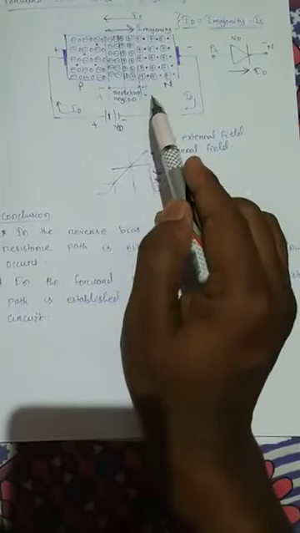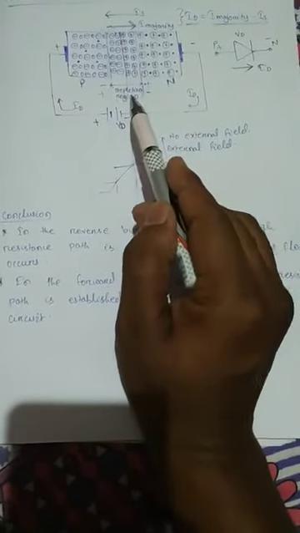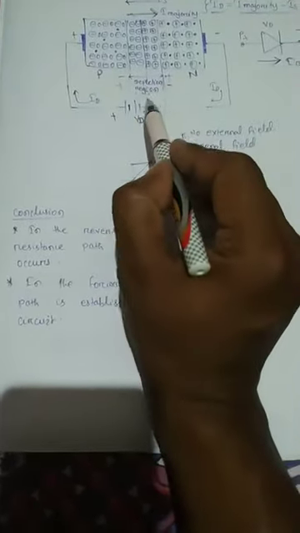So from today's video lecture, what we conclude is that in reverse bias condition, a high resistance path is established and no current flow occurs. That means in the reverse bias condition, the width of the depletion region increases and no current flows. In forward bias condition, a low resistance path is established and current flows in the circuit. As you see, the current Id flows in the circuit. That means the width of the depletion region decreases. As a result, what happens?